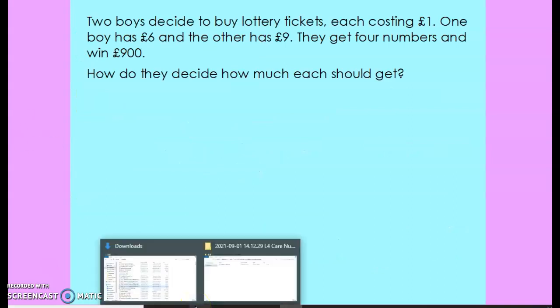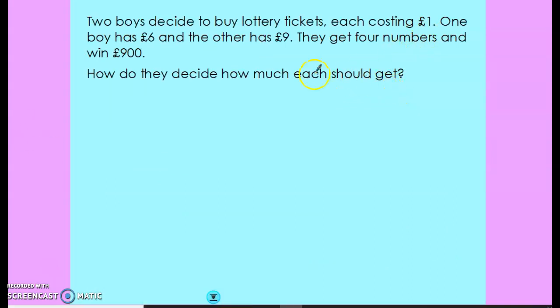Okay. 2 boys decide to buy lottery tickets, each costing £1. One boy has 6, the other has 9. They get 4 numbers and win £900. How do they decide how much each should get? Okay, they bought lottery tickets in a ratio of 6 to 9. They didn't buy it evenly, so they shouldn't just split it straight down the middle. They shouldn't just get £450 each,